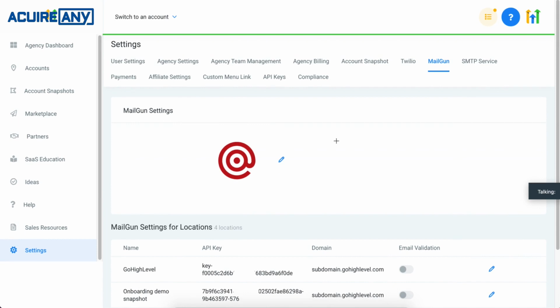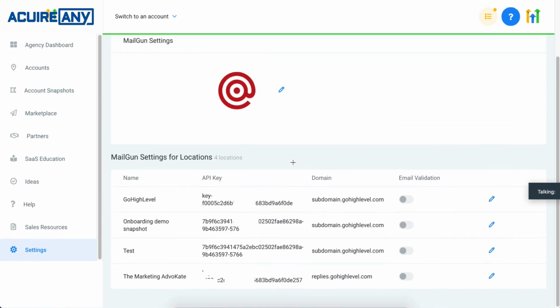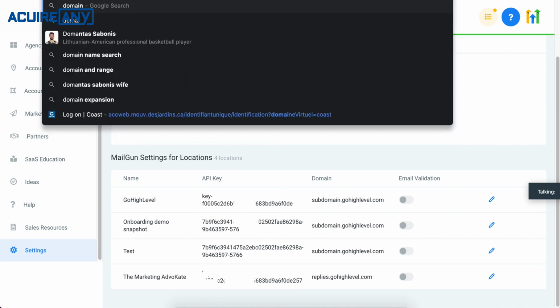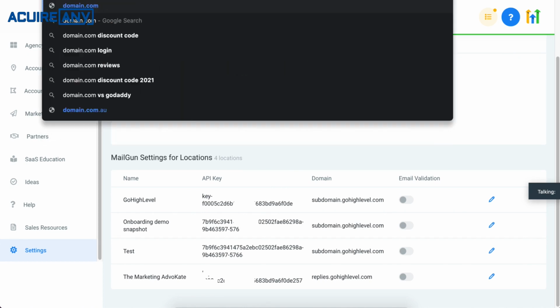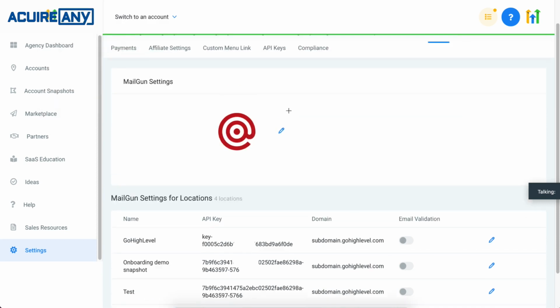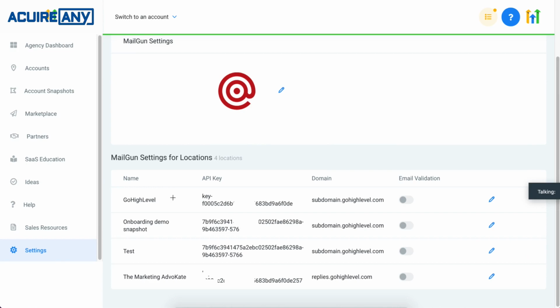So in your case, let's just say you have multiple domains set up with Mailgun, say domain.com set up with Mailgun. In that case, you can select the domain.com for the locations that you want to set up the cold inbound email for, and then the rest of the domain will just be a subdomain like